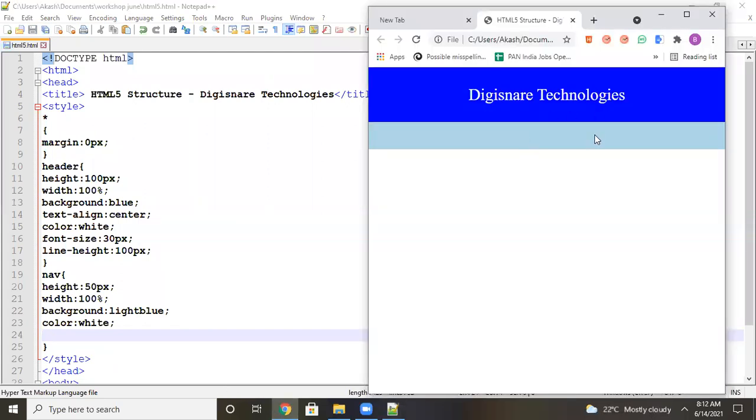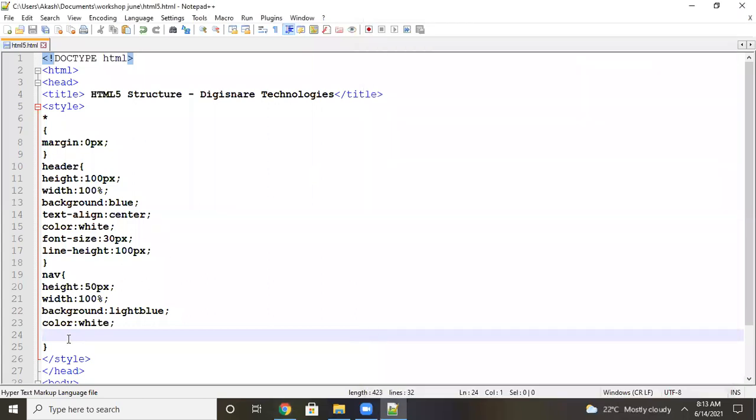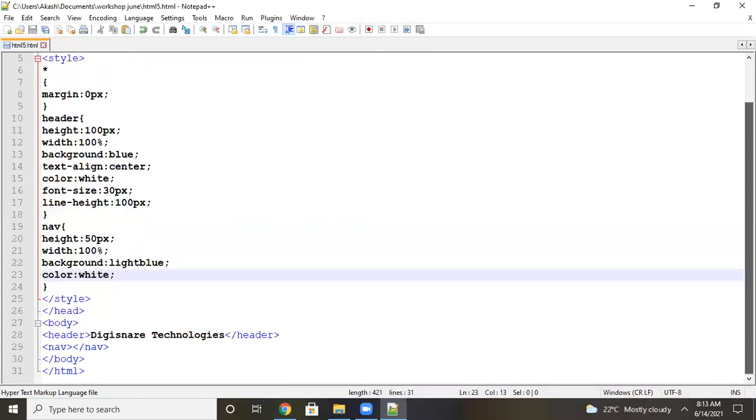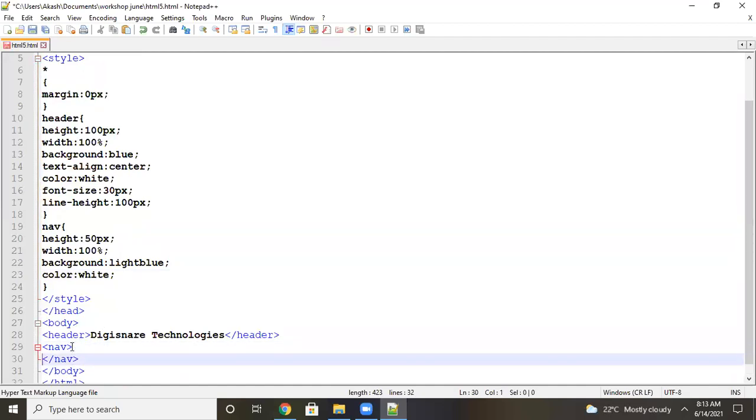Now see, your navigation tag is there. Commonly in the navigation, what will be there? Menu elements like home, about us, contact us. That way, we have to define the menu. If you want to define those kinds of things, you have to define ul li. Let's say I will take those elements here in between the navigation.